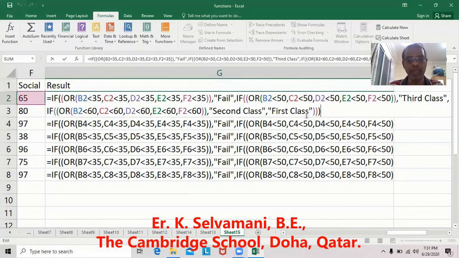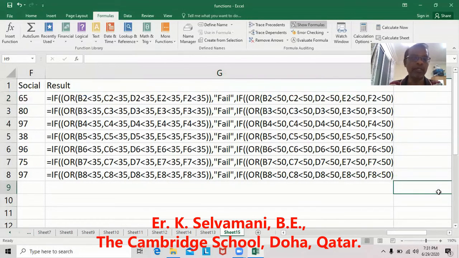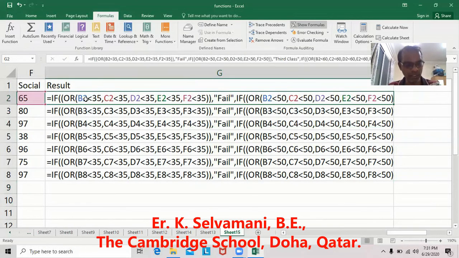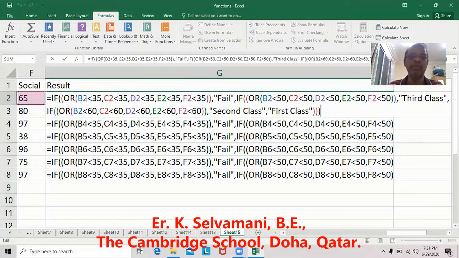The last step is whenever the blank space comes, it is considered first class. Change the blank with First Class and then drag it. That's all. Once again I would like to inform you, don't try to do everything at one stage. You have to do it step by step. First proceed with Fail, then Third Class, then Second Class and then First Class.